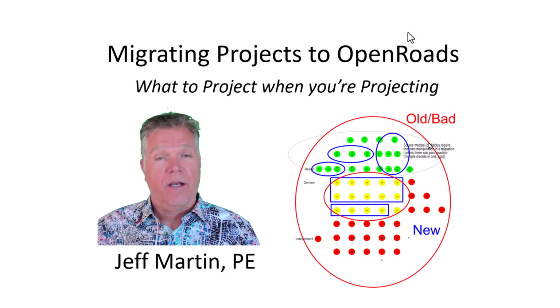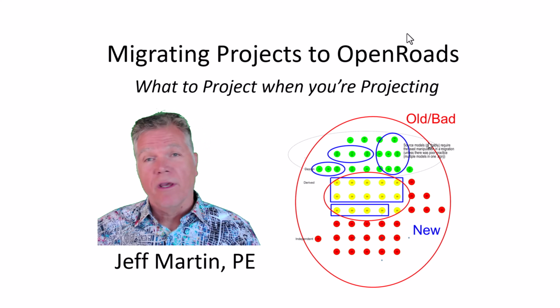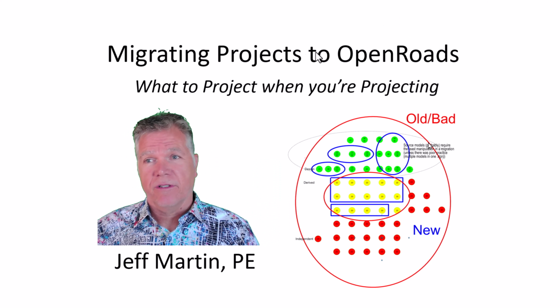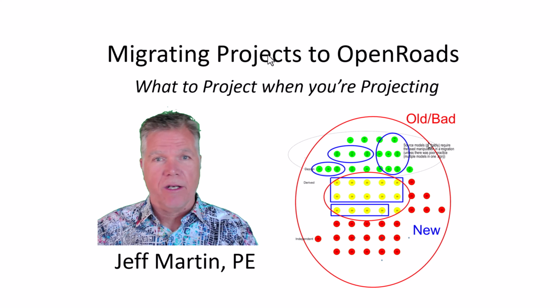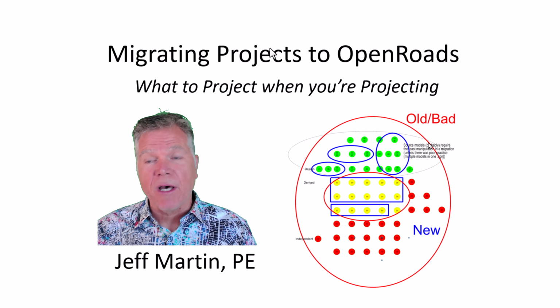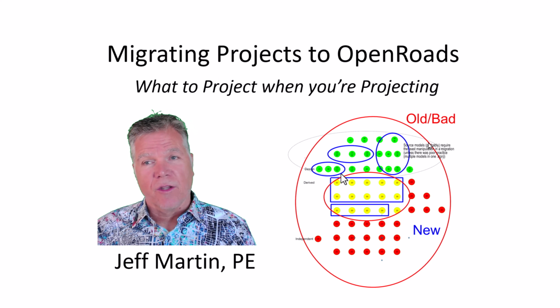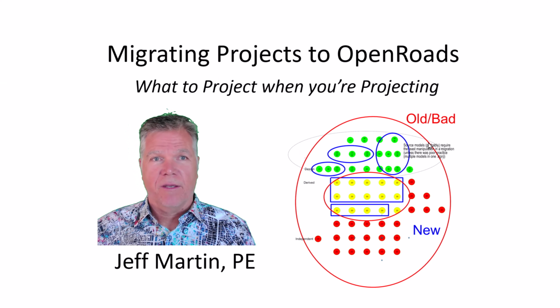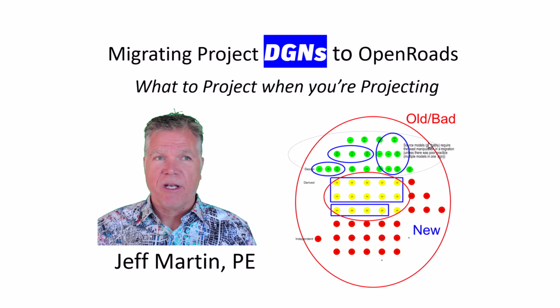Hey, how do you migrate projects to OpenRoads? There's actually a lot of documentation on that. However, it tends to be things like how do I take a GPK and get it over to a DGN? How do I take an ALG? How do I take a DTM? The reality is there's a big area in the middle that hasn't been covered very well, and that is